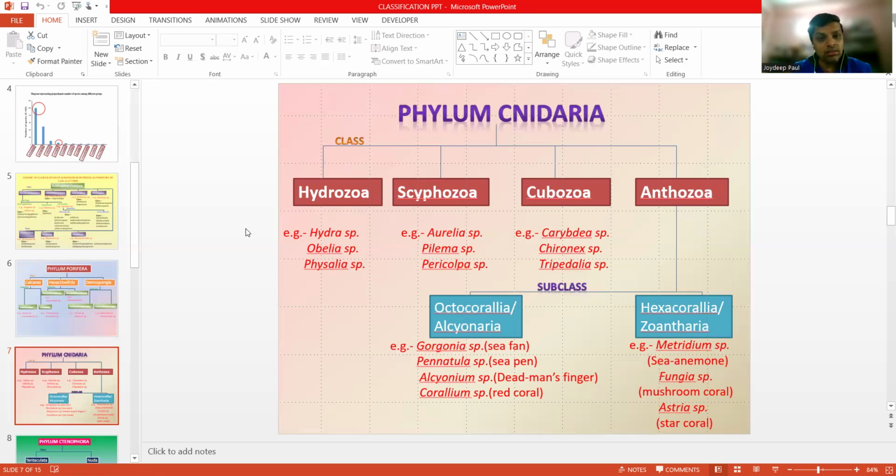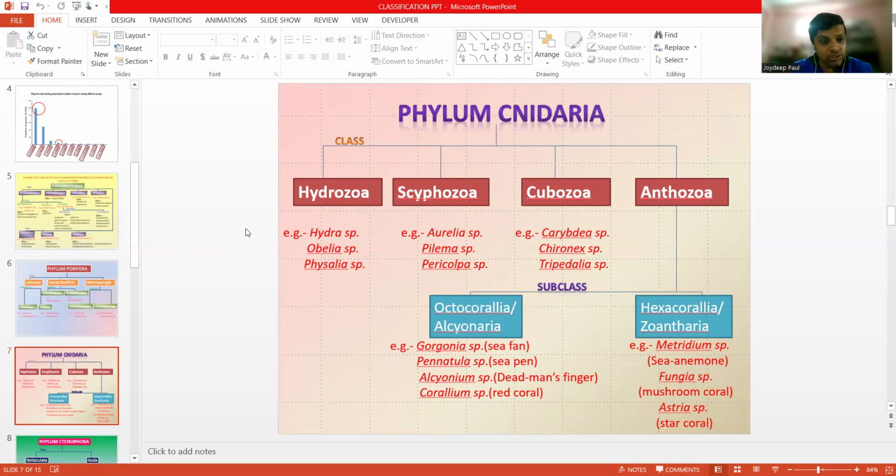Now, the polyp and the medusa forms are two different phases, like one is the asexual mode of form and another is the sexual mode of form, and in a single life cycle in the Cnidarian group of animals you can find both different phases present, and there is an alteration between them. From the polyp the medusas are formed, and the medusas, through the sexual mode of reproduction, again produce the polyps, which again start forming new colonies.